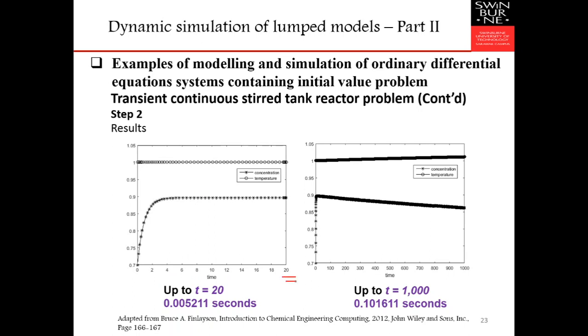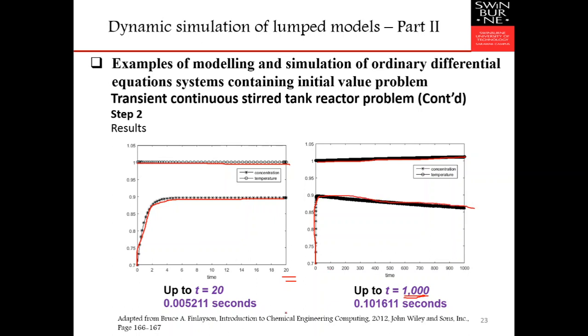So we try to run it again up to 20. Now we can see that the temperature still looks the same. The temperature does change, and it seems like it's reaching steady state, but actually it's not the correct steady state yet. So we inspect the system up to 1000. When we run it again, we see that the concentration is still increasing a little bit, and actually goes up to a certain limit, and then it goes down very slowly.